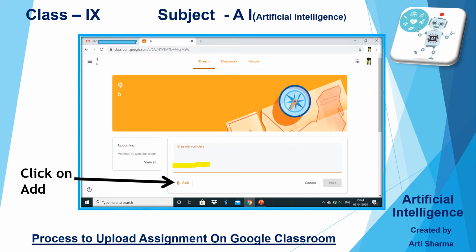So you need to click here on add. You know this button is familiar to you. We use this button to attach files in email also. So it is the same button. Now you need to add the file which you want to submit as your assignment.